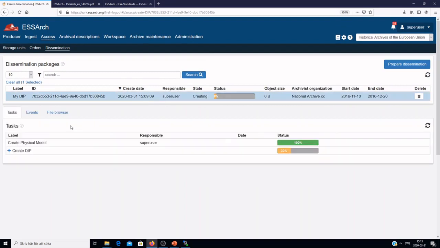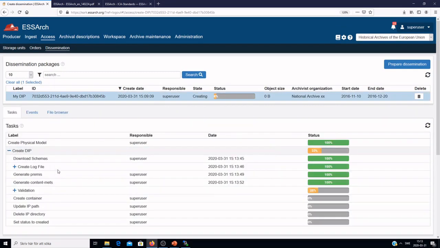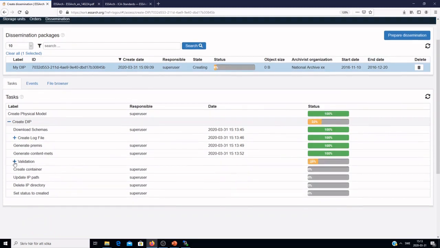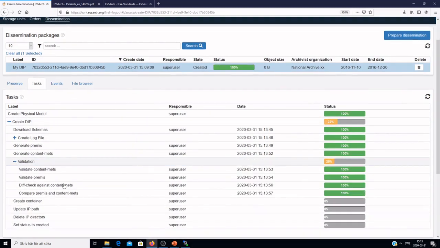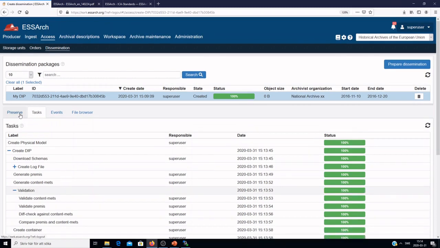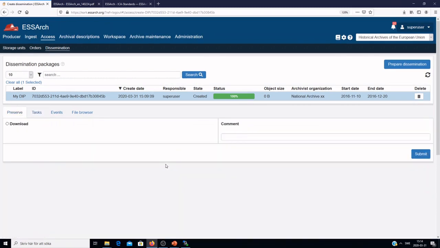And it will create our dip. And now it's created. Right now, my system is only set up to have the ability to download the dissemination. But as you could see, the tab is called Preserve, where you can have more actions. Actually, we could move this dissemination package back to the ingest reception. So then we would have a closed ecosystem where we could